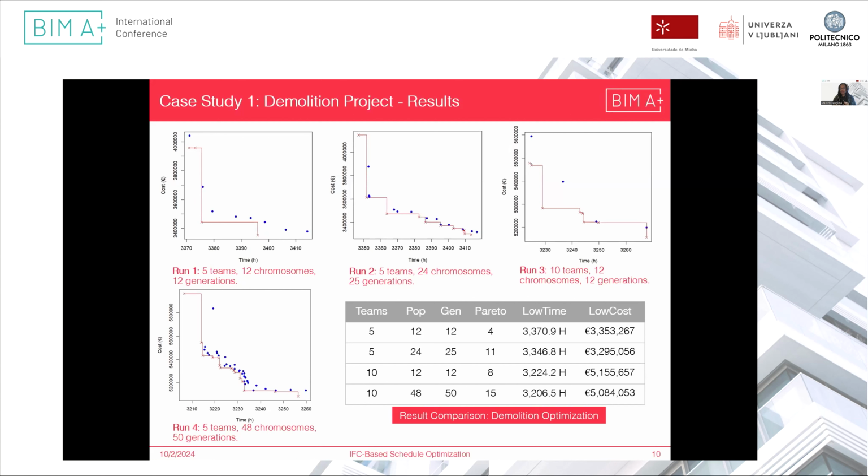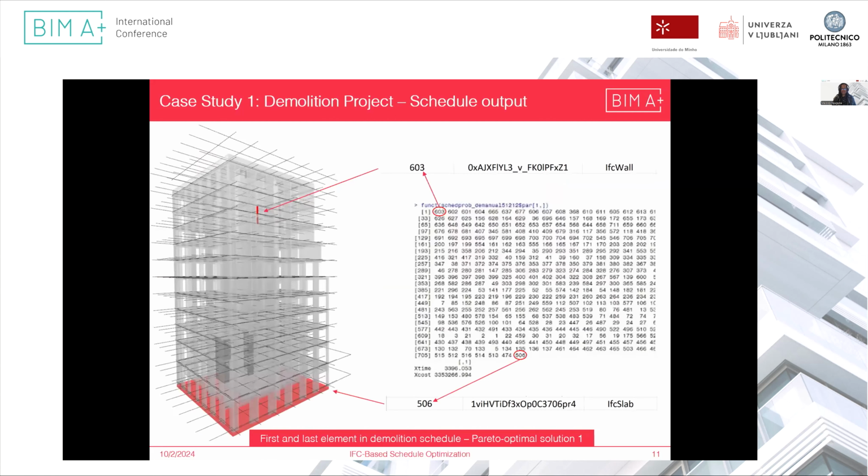However, we are comparing the cost with just the previous one, because resources have been doubled, which means paying for the extra 5 teams, so the cost would also have doubled. But the time, as you can see, is getting lower. And the graphic that you can see there shows the Pareto curve.